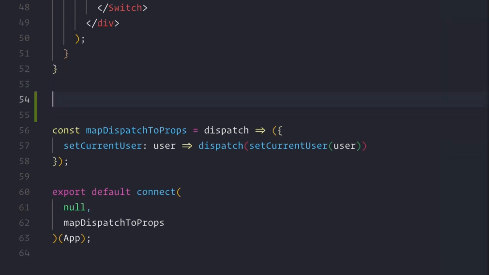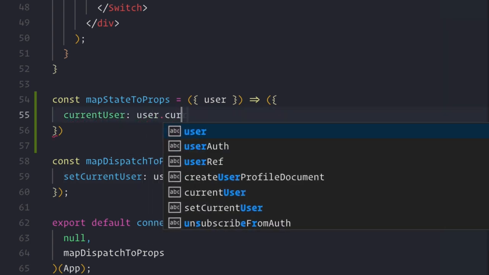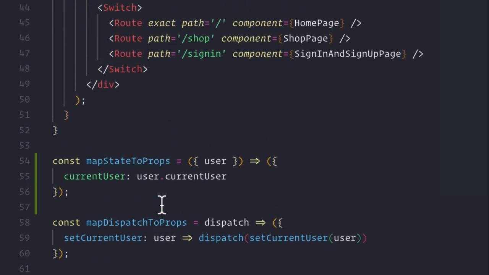So just like we did in our header, we're going to need a const mapStateToProps. And off of our state, we're going to destructure off our user reducer. And what we'll return is our currentUser prop, which is equal to user.currentUser. And now we're able to pass our mapStateToProps to our connect so that we have access to